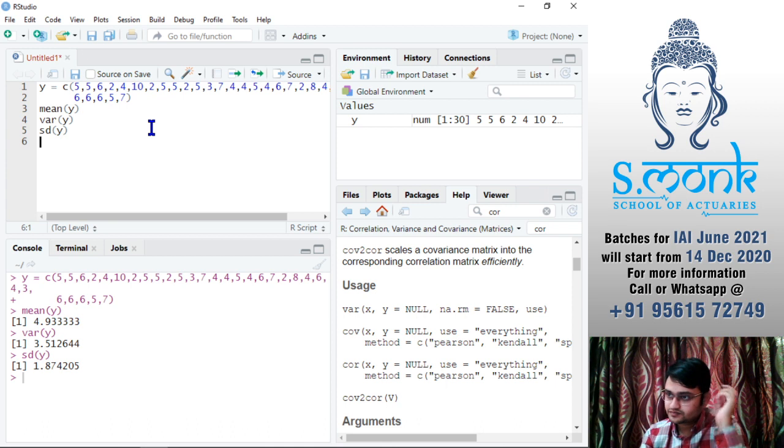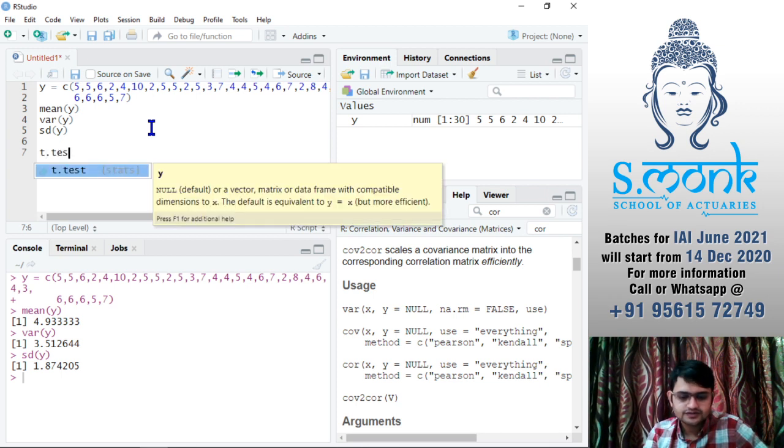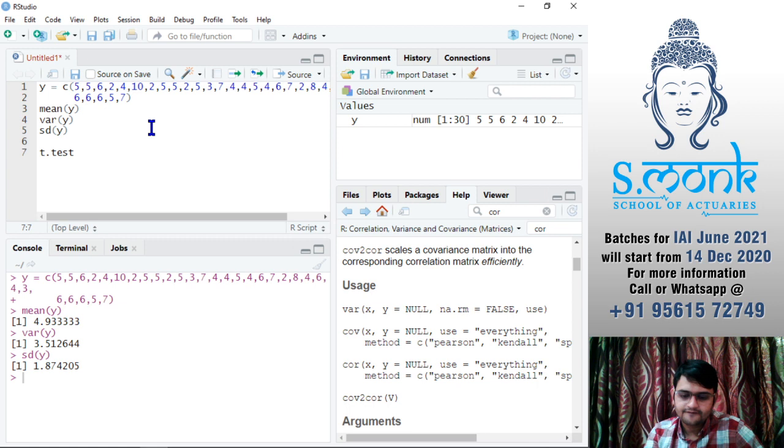Then if you want to do a t-test, let's assume that we are trying to figure out whether our mean is going to be 6 or not. So we'll say t.test, and in brackets, first of all we will have our data y.